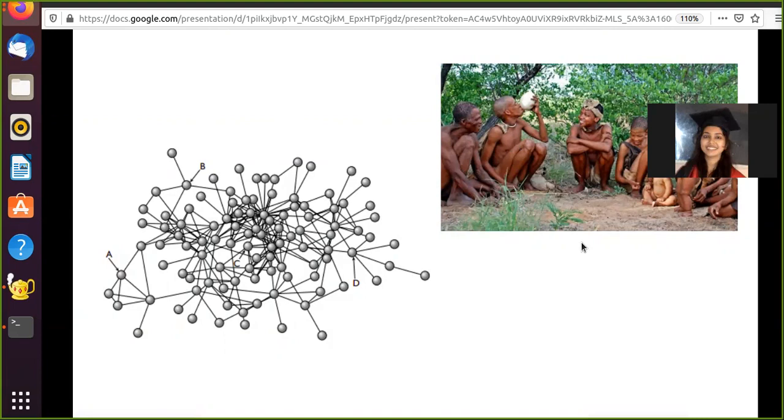People do not use the kind of languages that we use. So the researchers tried to portray the network structure of these people. Since they do not know English, the researchers went with some photographs, showed these people photographs of each other, and from there they portrayed a social network.